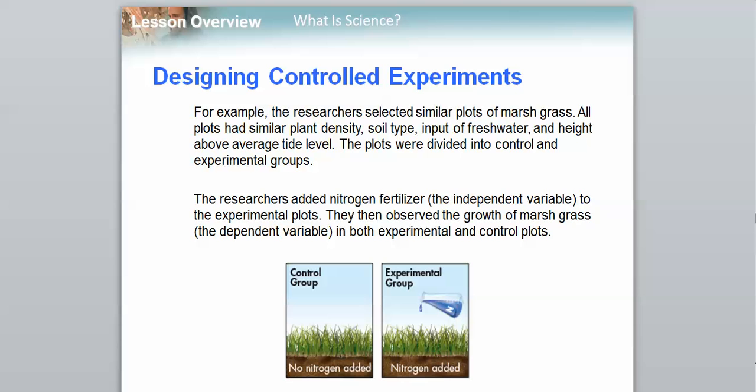So in our example, the researchers selected similar plots of marsh grass. All plots had similar plant density, soil type, input of fresh water, and height above average tide level. So the plots were divided into control and experimental groups. They found an area where everything was pretty much the same throughout. So this is an area where if they just added one different thing, they'd be able to tell what was causing that change. So the researchers added nitrogen fertilizer, which is our independent variable,